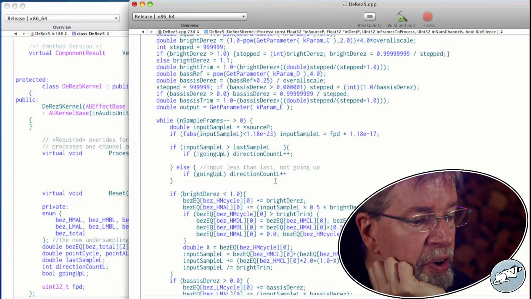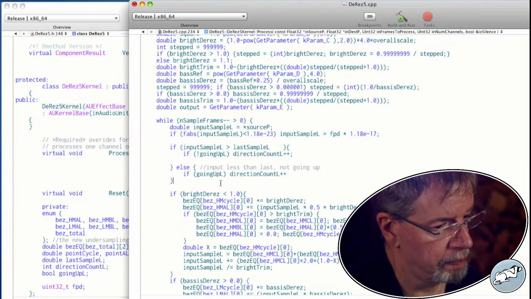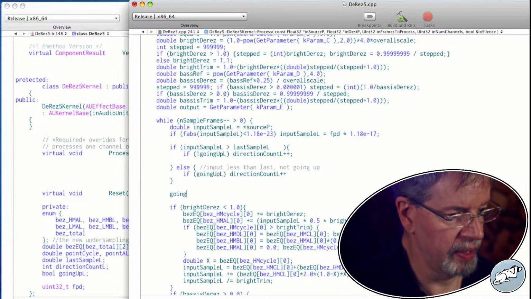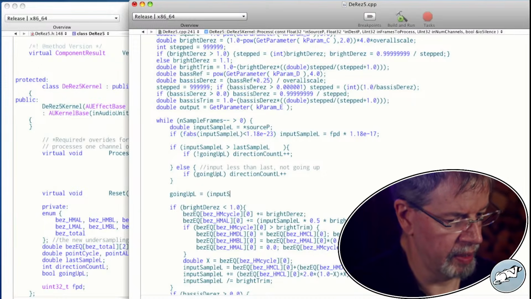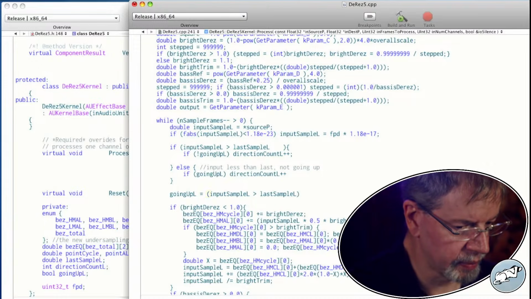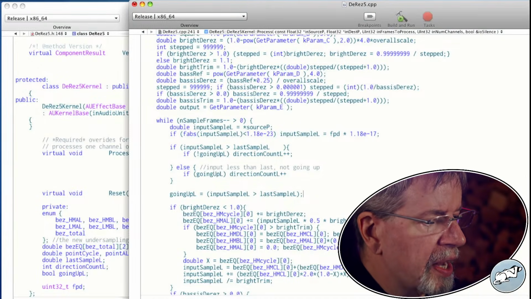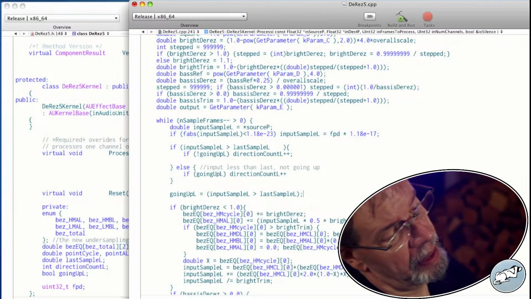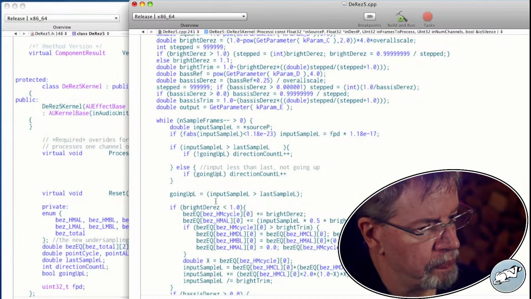But that's fairly straightforward, isn't it? There. All you got to do is do that, and now that Boolean is going to follow after what we're currently doing.